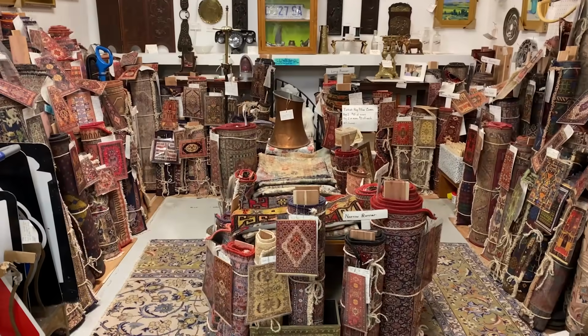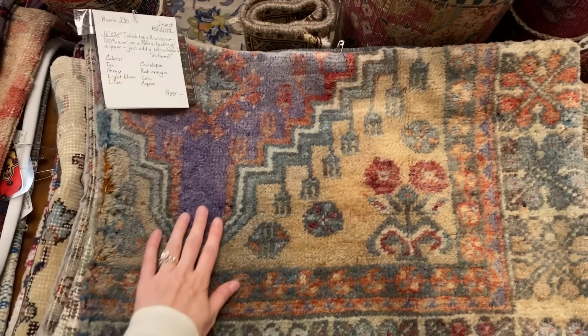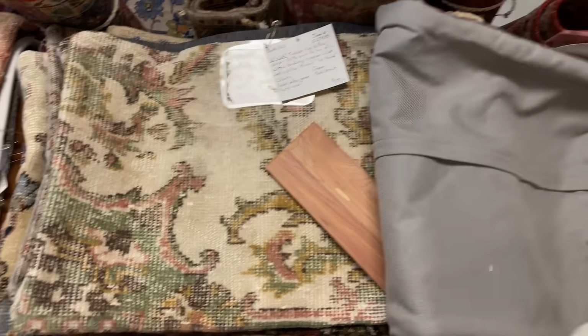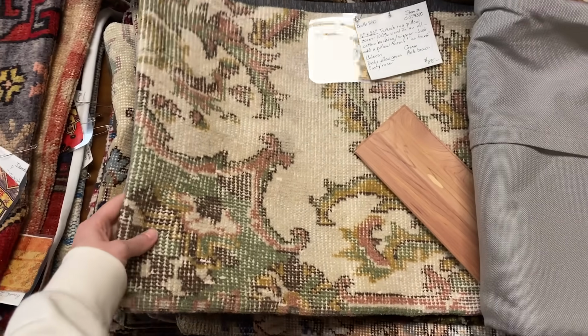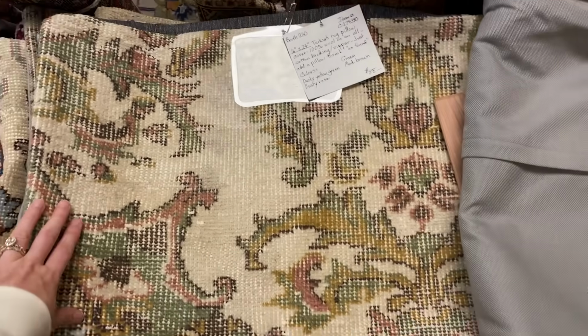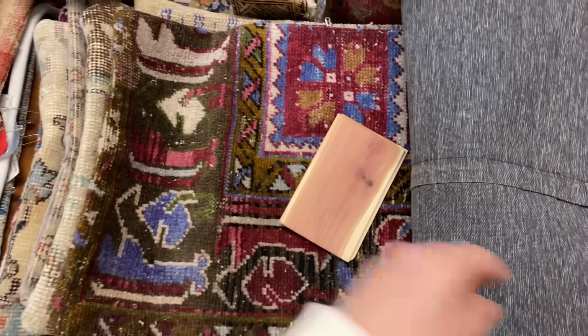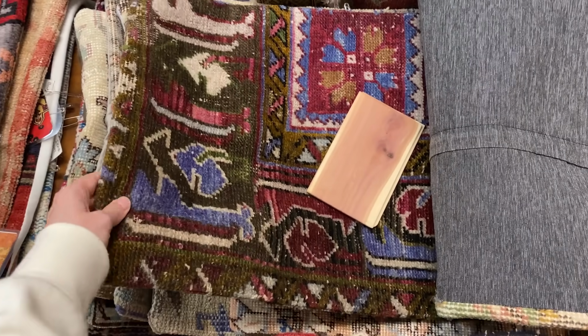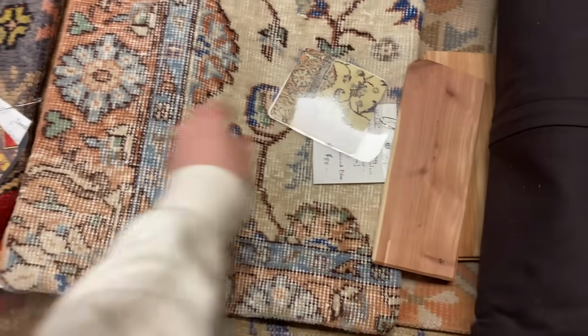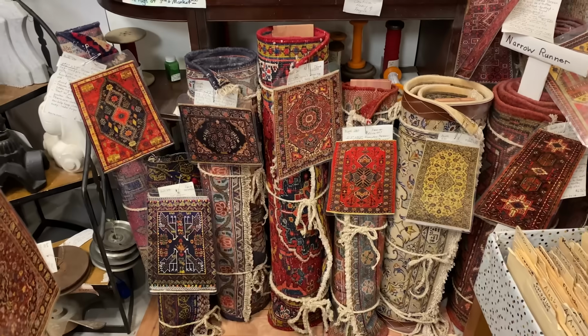The rug selection in this booth is out of this world. They have so many options. They even have pillow covers that are just so hardy feeling. They feel heavy and weathered, but the colors in them are just stunning. So this is always a really fun option if you want to integrate those types of patterns in a small way around your home. They're just classic, and they have little cedar blocks in here to keep the moths out